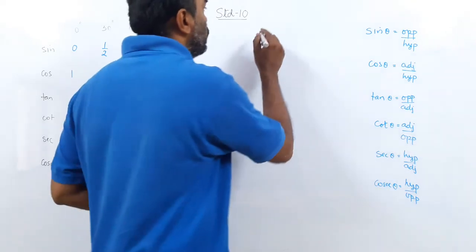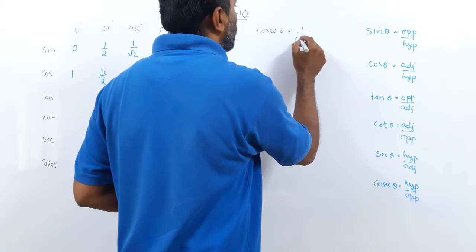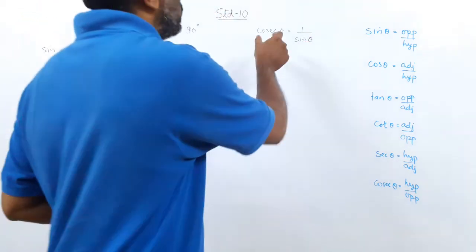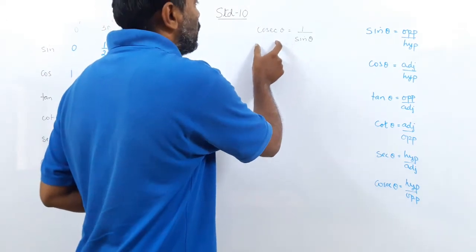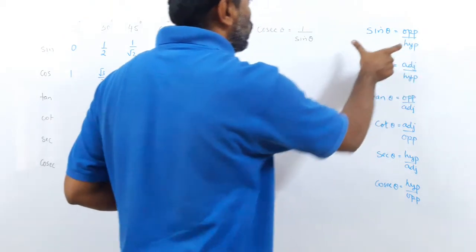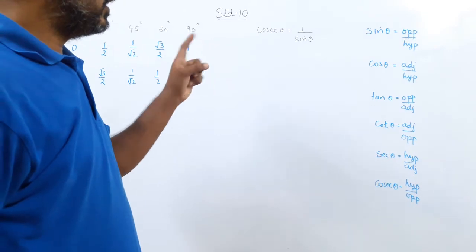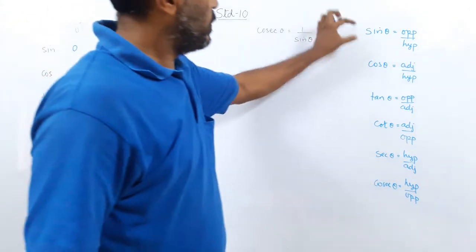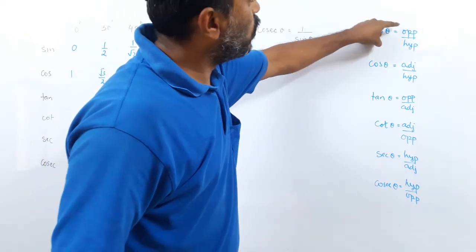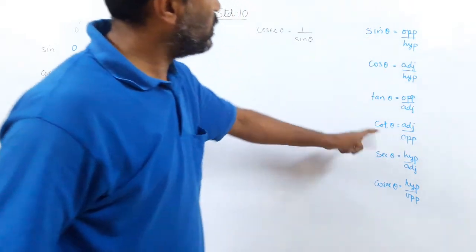Okay. So you will see here cosec theta is 1 upon sin theta. What does it mean? It means the ratio of the cosec, hypotenuse and opposite, is the reciprocal of the sine. Can you notice this? Did you notice this eventually, or did you notice it before? That cosec is the reciprocal of the sine. Because sine is opposite upon hypotenuse, while cosec is hypotenuse upon opposite. So they are the reciprocal.